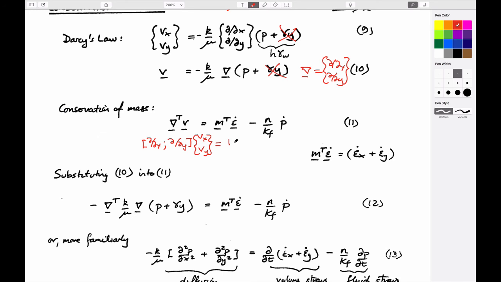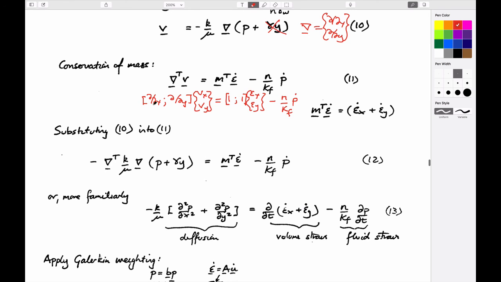Is it a different, slightly different equation, I guess. 1, operating on epsilon x and epsilon y, minus porosity over bulk modulus of the fluid multiplied by the rate of change of fluid pressure. And so those are the individual terms. This is this matrix. If you write those out in longhand, you multiply this by this and this by this, you get,